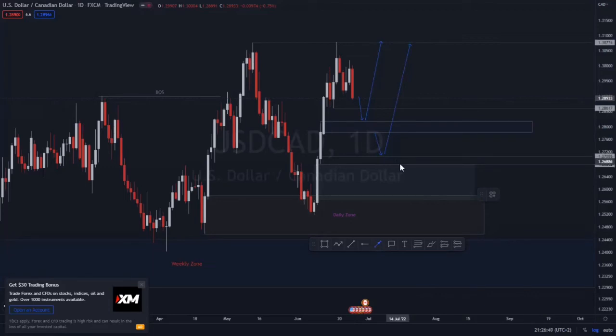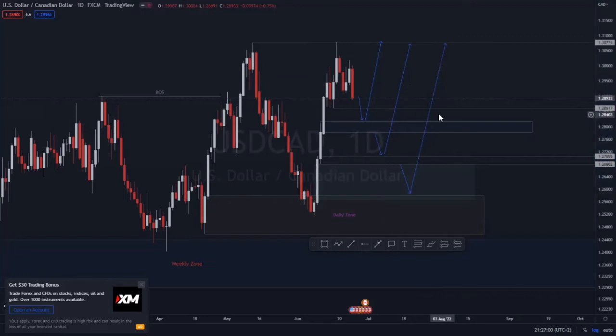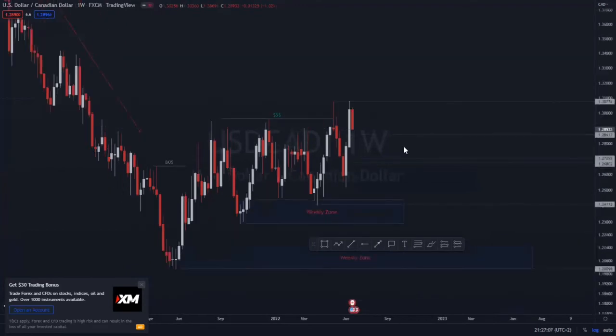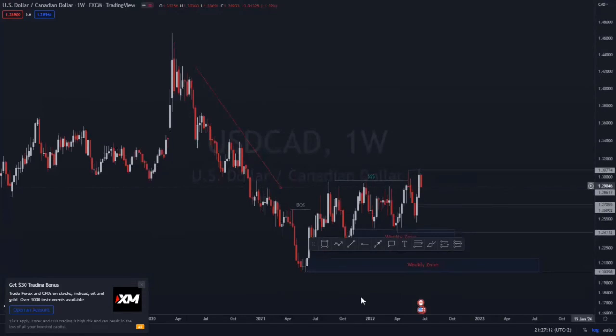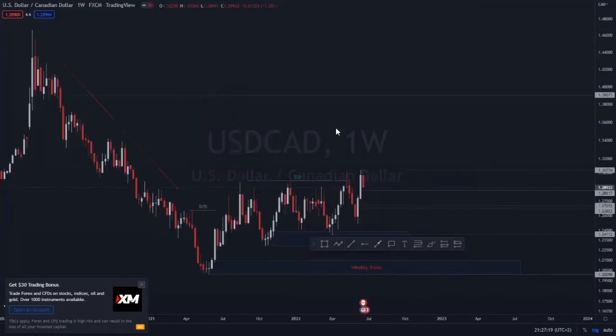Or in the most unlikely event, the market goes all the way to the downside, filling out this gap over here, and then we get an opportunity to buy. Remember, if we go to the weekly, our take profit is far, far, far. Our take profit is actually here. You get what I mean? So on the weekly,